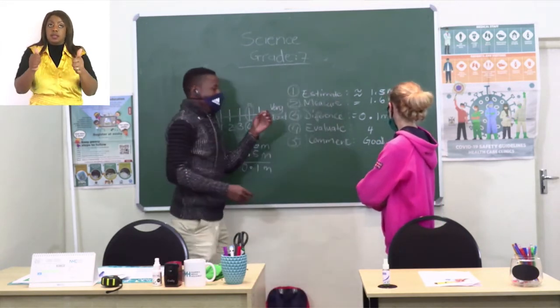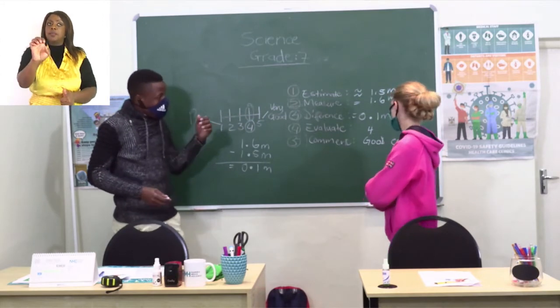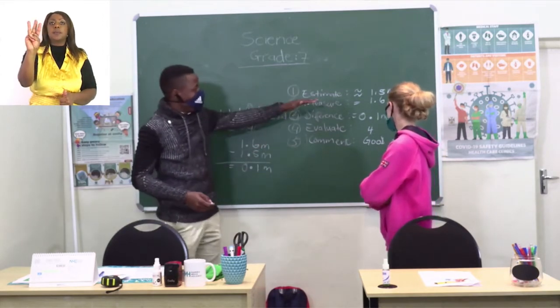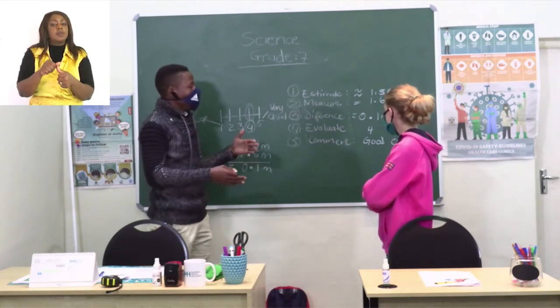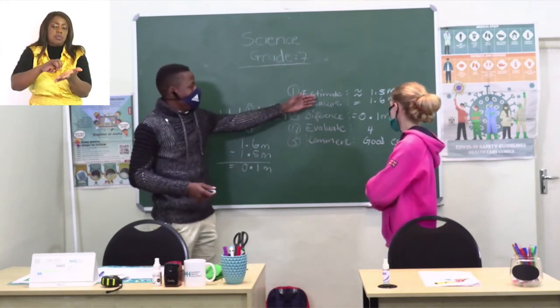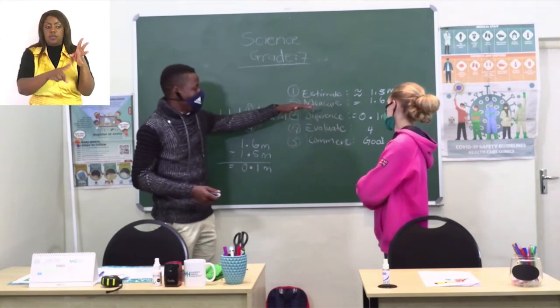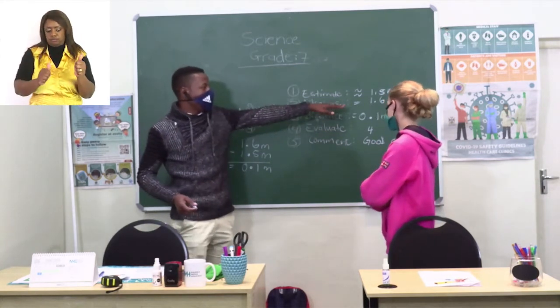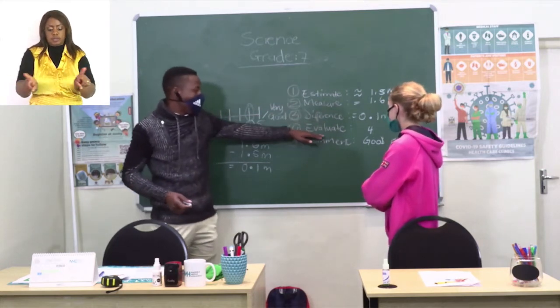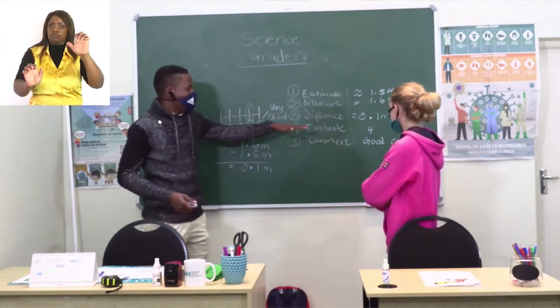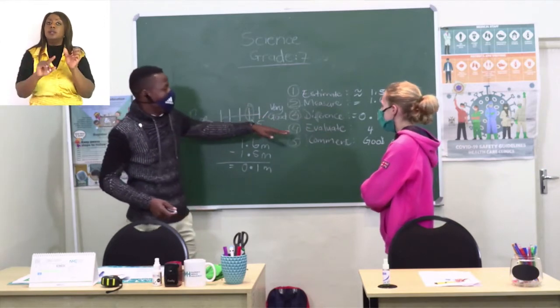So the estimate was good. So in short, you first need to make your estimate by looking at the height of a fellow learner or someone. After you give your estimate, you need to measure. Once you measure, find the difference by taking the highest value minus the lowest value. And then you have to evaluate yourself by looking at what you have got.